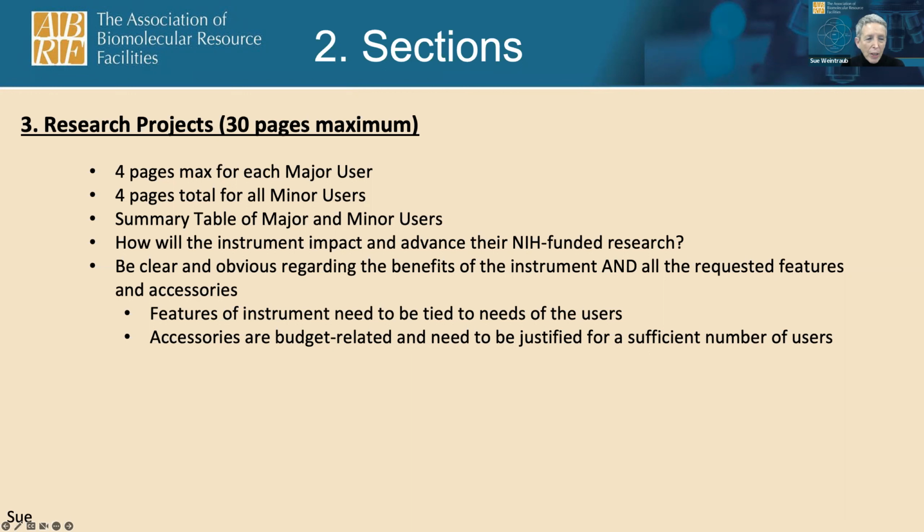But then you also have to have an indication right here of the percent usage and AUT, accessible user time percentage, that we'll cover next. But then I like to use kind of a formula where the first paragraph describes briefly what the overall research is in this investigator's lab.